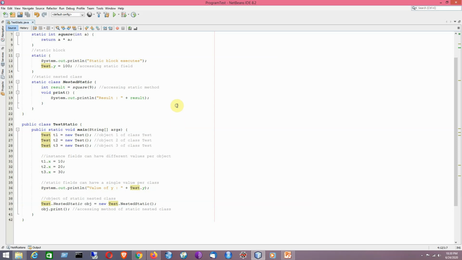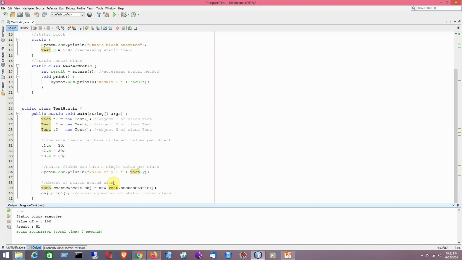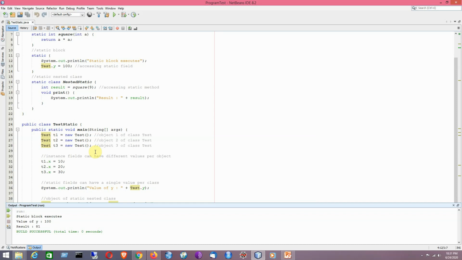Now I will be trying to run the program. Right click, run file. It will be showing you the output accordingly. First it will be showing static block executes, because in order to create an object, as I have told while demonstrating different kinds of blocks in Java, and in today's tutorial also, the class should be loaded into the JVM first before creating an object, and whenever it is loaded into the JVM the static block gets executed.